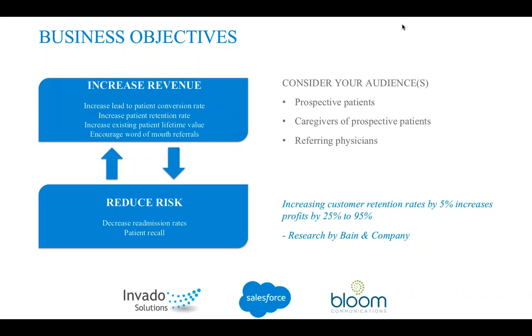And lastly, something that isn't talked about often enough in marketing automation is the idea of reducing risk. One of the outcomes of staying in touch with patients on a regular basis using automation is that you can send out relevant educational materials that follow their progress, right? And therefore, you can hopefully expect a decrease in readmission rates. We know that this is something, especially these days, many physicians, surgeons, and hospitals are now even being graded on. So anything you guys can do to automate and support the process is great.